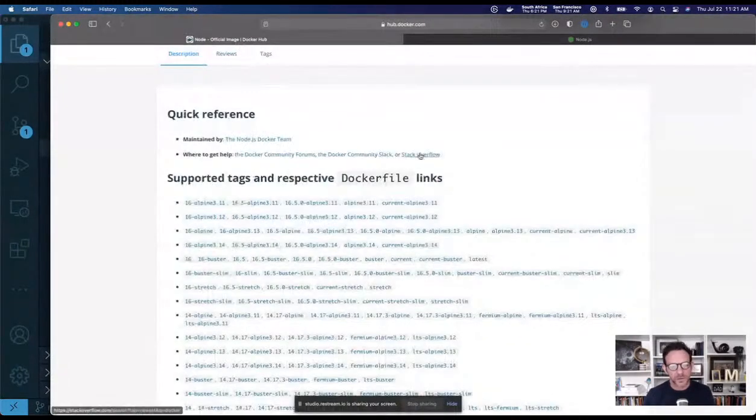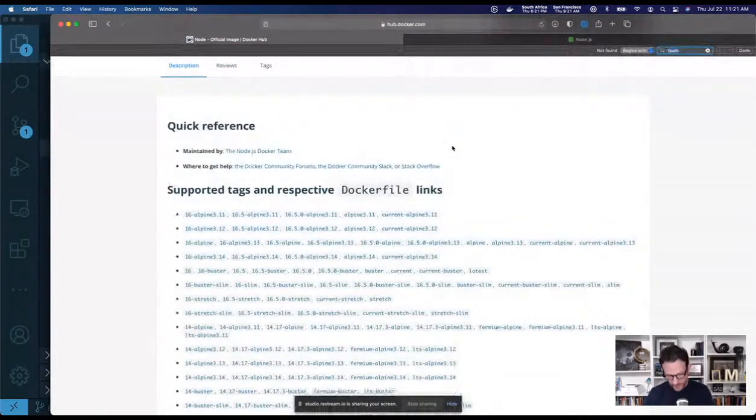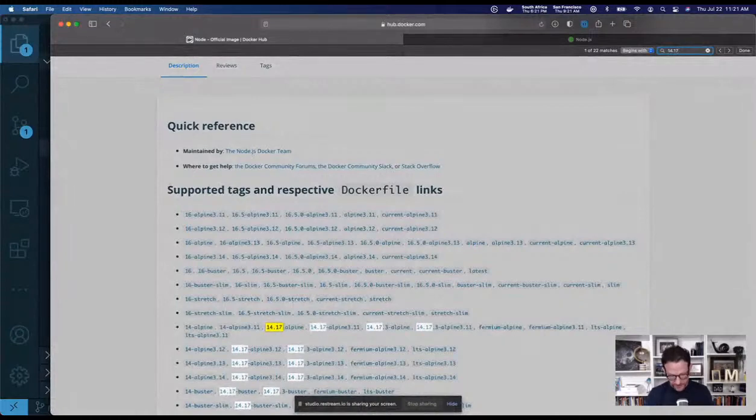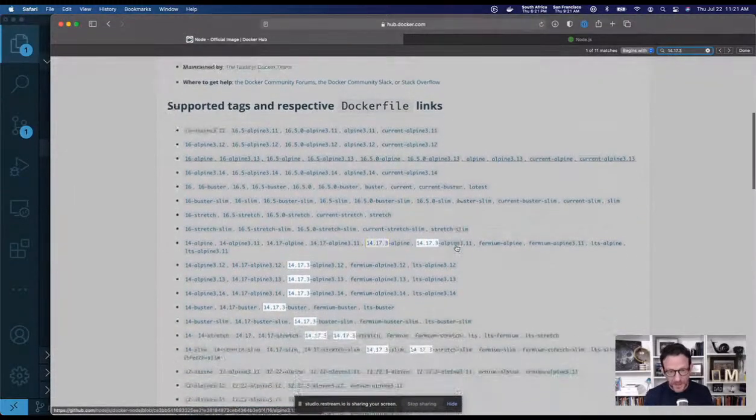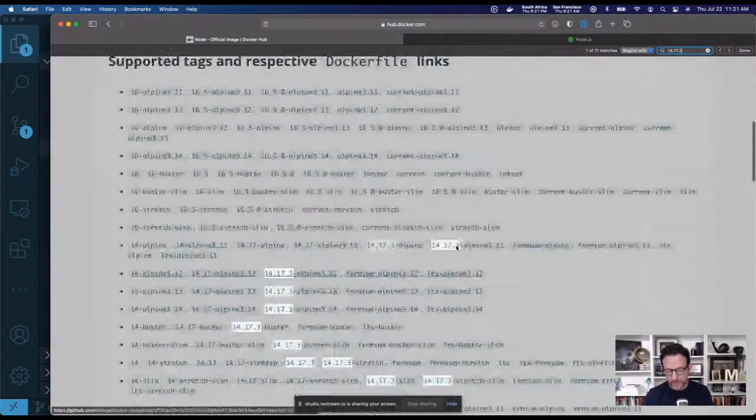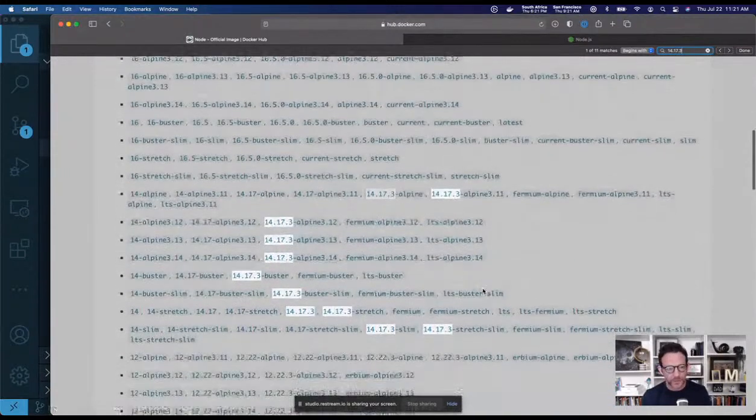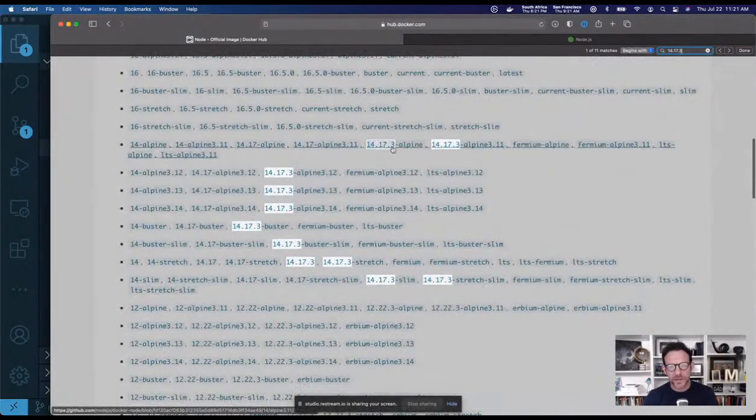So let's come back over to Node. I'm going to do a little search. 14.17.3. So it's big enough. Apologies if it isn't. Let me scroll up. Okay. So here we can see we have